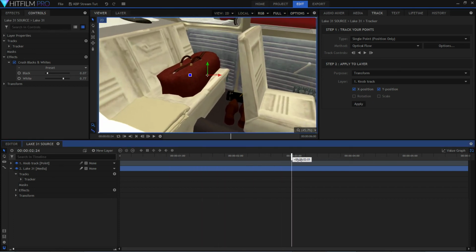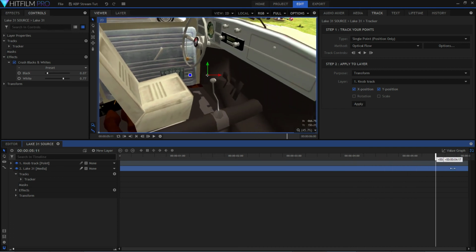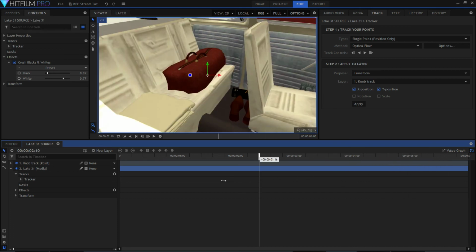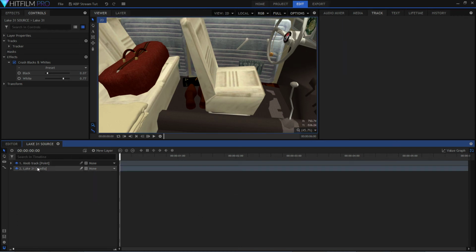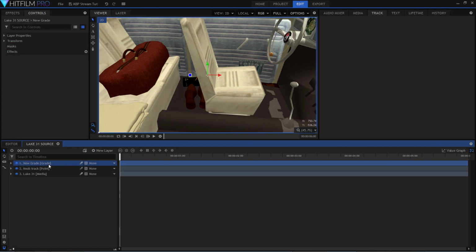So if we just do that, nothing seems to be happening, as you can see, because all we've done is assign tracking data to an invisible point. Okay, so now comes the fun bit. So now we do a new grade, and we're going to call it knob light,